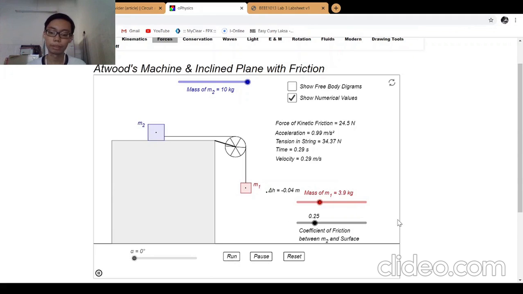Okay, we're decreasing the mass. Okay, so here is 2.7, and we can see the block is moving very slow. So we keep decreasing. Oh, okay, 2.6,